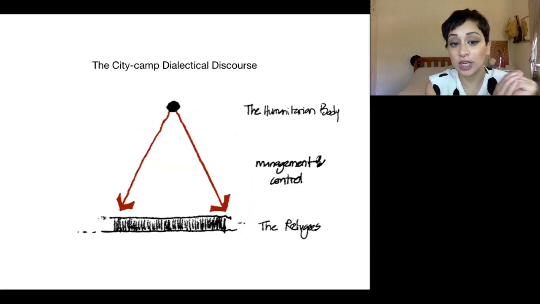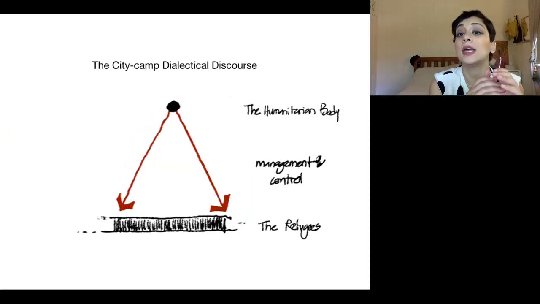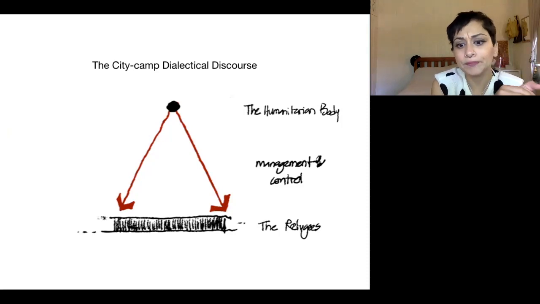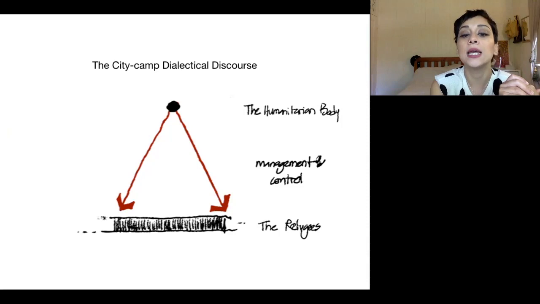And then comes Agier, and Agier conceptualized the camp differently. The camp is managed and controlled by the humanitarian body, and it controls all refugees in a very novel sociospatial form. However, when the subject takes control, meaning when refugees start amending this built environment, it takes the form of a city camp.